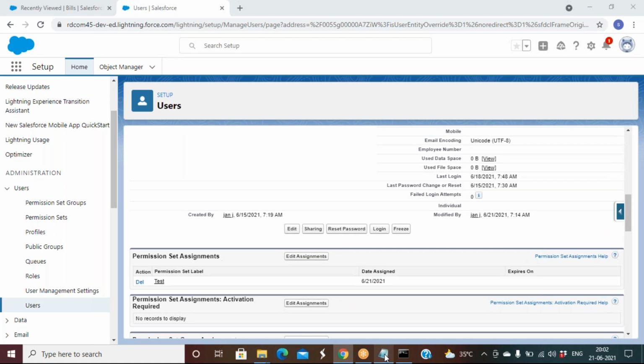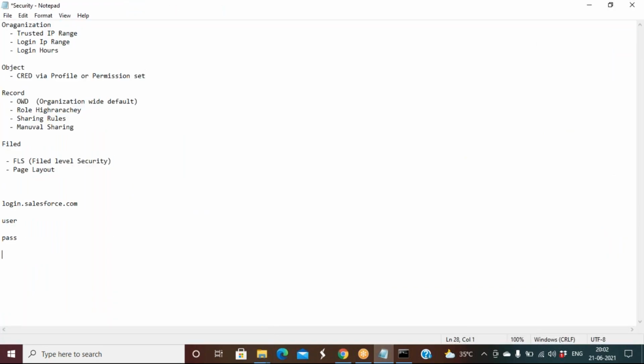So if I want to define a user's access, a user's access is profile plus permission set 1, permission set 2, plus and so on, n number of permission sets. A user can carry one profile and n number of permission sets. What is the permission set? Apart from whatever access the user has, if you want to give some additional access without changing a profile, you can go with the permission set.